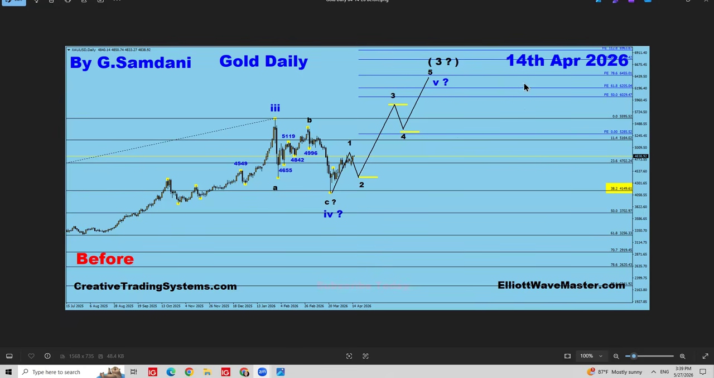So let's get started. This is a daily chart I made on 14th April showing that we are probably going to go up for wave 5, blue count, finishing with this wave 3, right? And out of that, we were